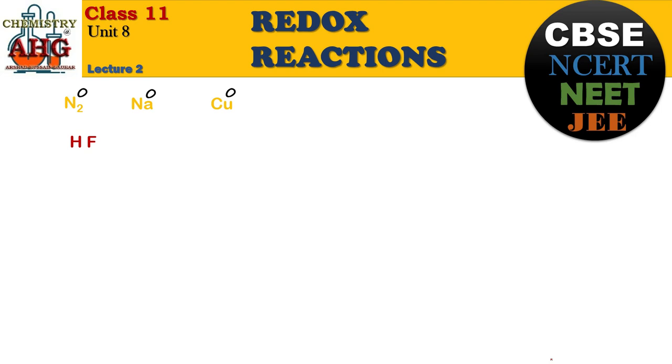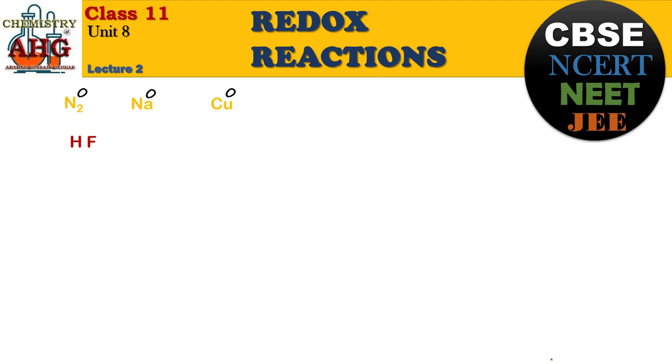Like you can see in this example, one atom belongs to element hydrogen, the other belongs to element fluorine. Now what you must see whenever you are given an example of this style, first of all, you must recall: is there any highly electronegative element in the given compound? Try to identify the highly electronegative element. Which element did I tell you is highly electronegative?